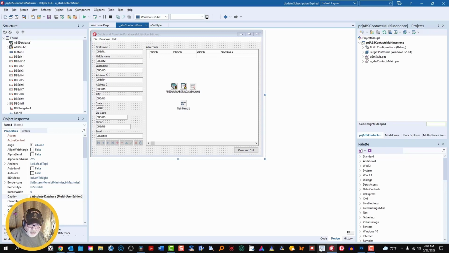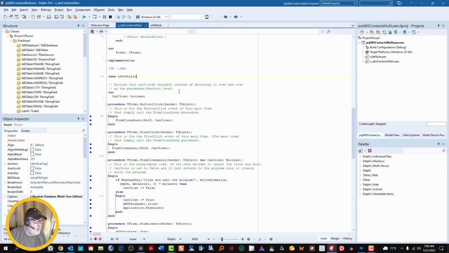So let's look at the code for this. One of the first things you want to do is declare a unit var, unit wide, instead of declaring it over and over at the procedure or function level. And that's CanClose colon Boolean. I suppose you can put whatever name you want, but this works well for what we're doing. And then